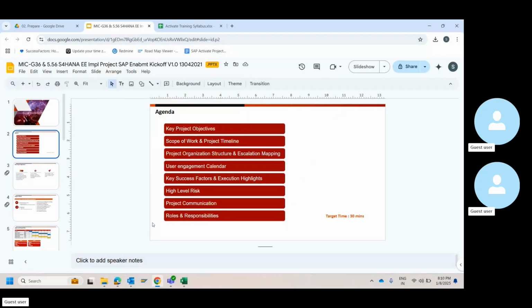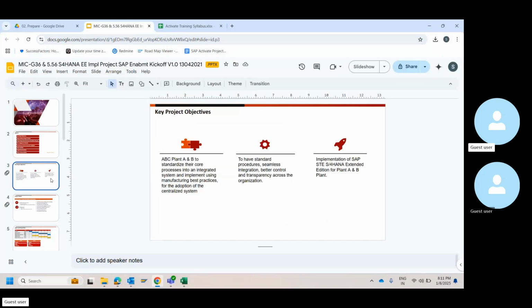This is probably a very short kickoff meeting that we had for a project. However, usually this is not the case. It will be prolonged, and your contents can be prepared according to the timeline of the presentation. You can get into the details according to your target audience. So in here, it was all management people, so we did not get into the details of each and every module and talk about that. Instead, we kept it very, very high level. So depending on your target audience, the content and the agenda would differ basically.